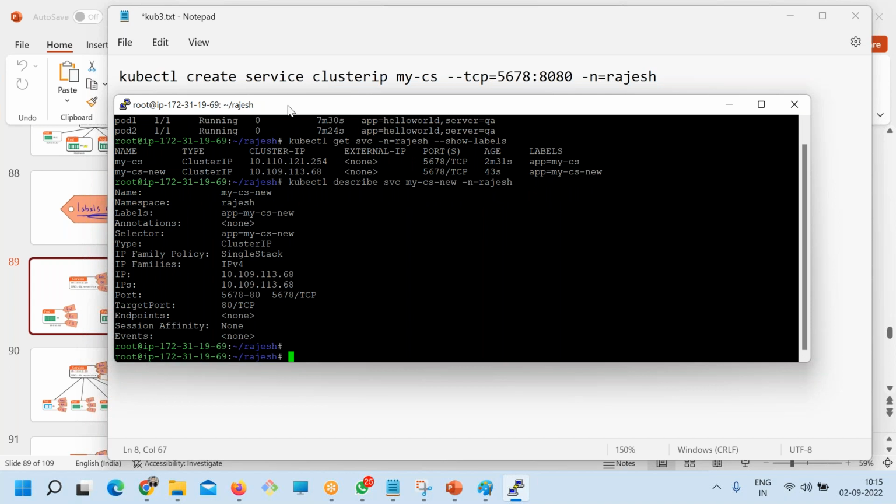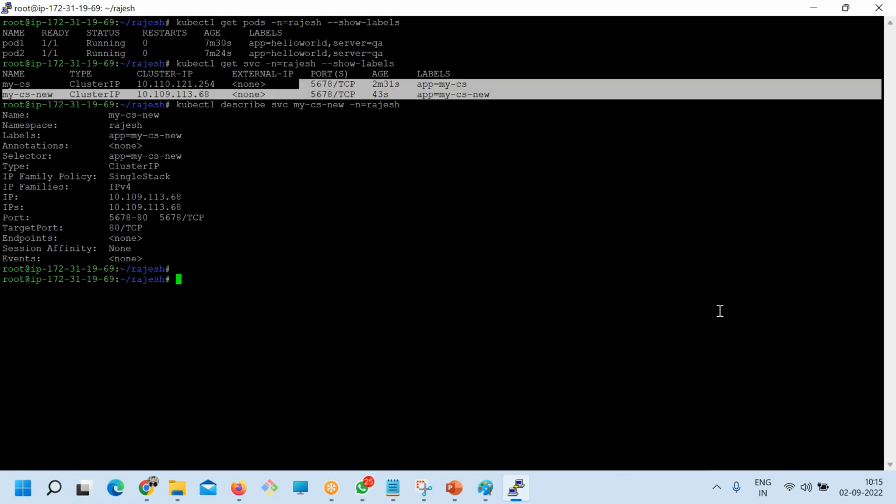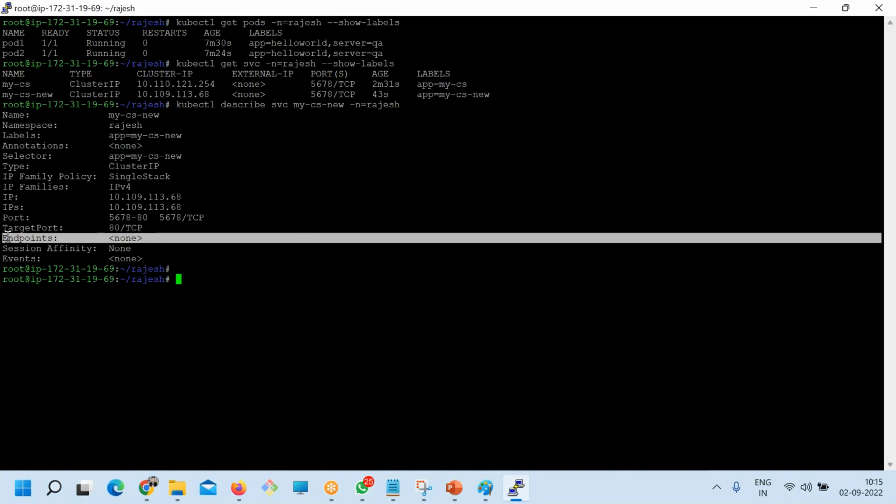So tell me, what should I do? This is the label of the pod, this is the label of the service, and if I see the endpoints, there's no load balancing happening. So what should I do? Tell me, all of you.